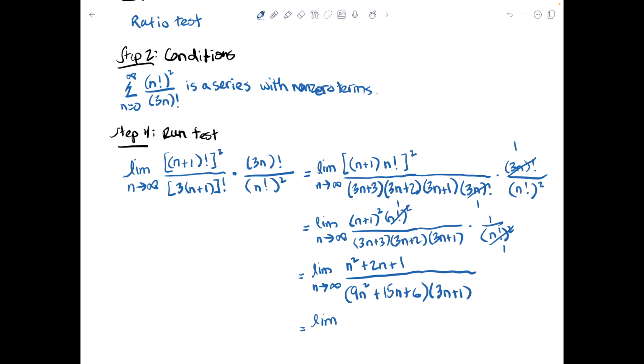So we'll have the limit as n approaches infinity of n squared plus 2n plus 1 over 27n cubed plus 9n squared plus 45n squared plus 15n plus 18n plus 6,